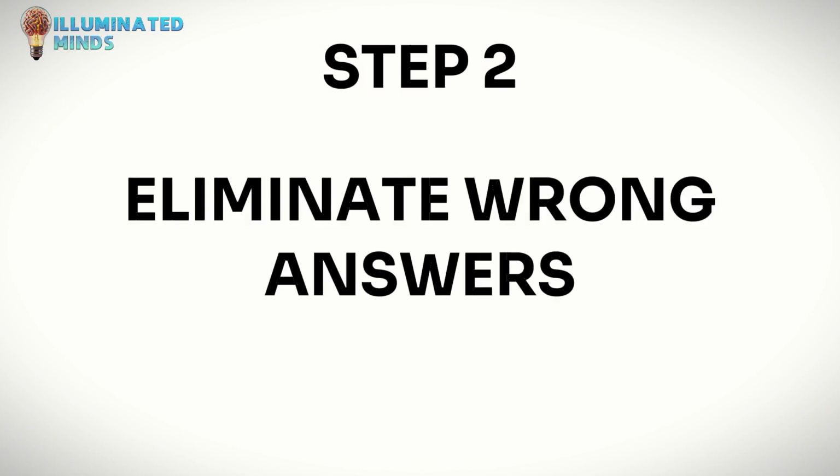Tip number 2: eliminate wrong answers. Now, what has really helped me out in my JAMB examination? When I come across any question that looks so difficult to me, what I always do in most cases is to take out the options that I know can never be the answer. For example, I was asked,